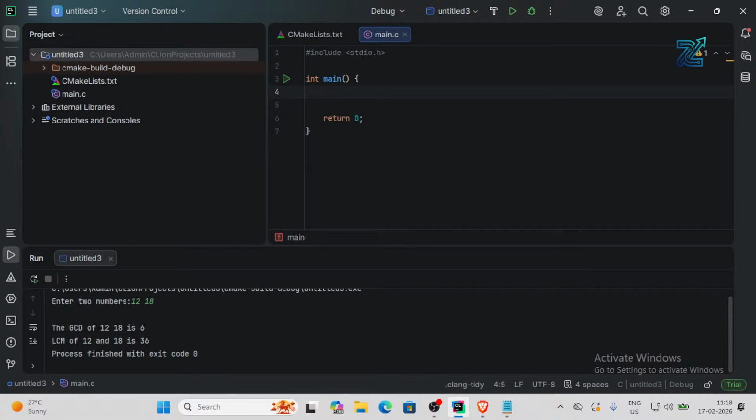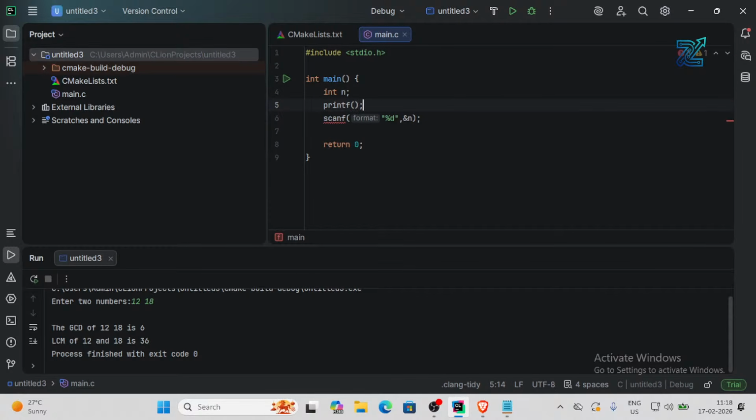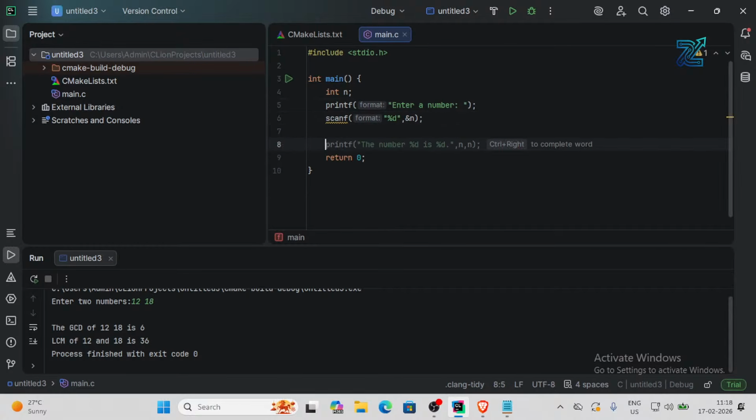So in this we will get int n. So I am getting input from the user. Before that I will print "enter a number". So now after getting the input, we have to calculate the divisors. So we have to add the divisors. So for adding, I am initializing with 0. If you are multiplying, you have to initialize with 1. So I am giving the range of